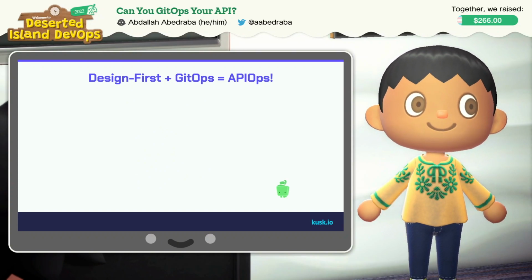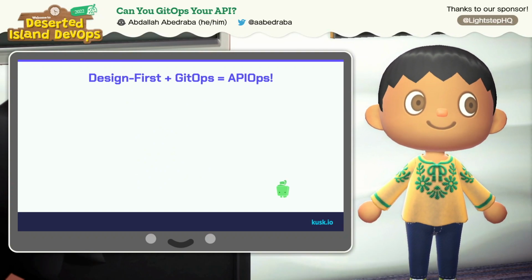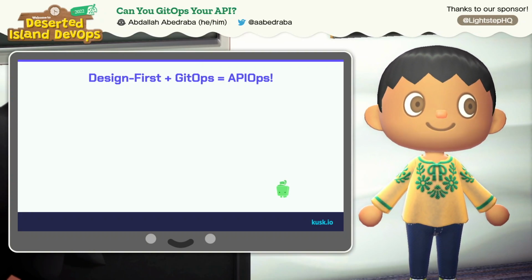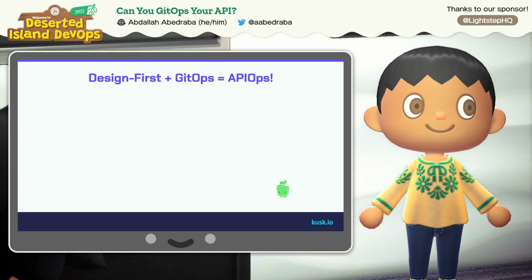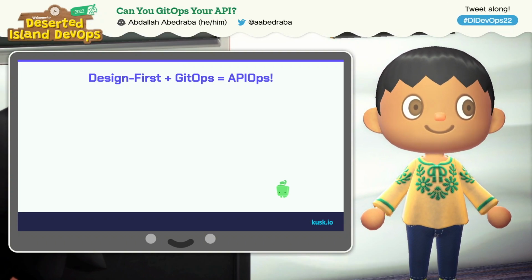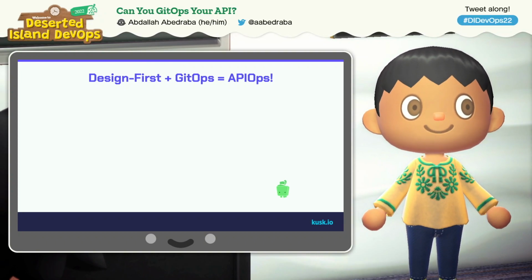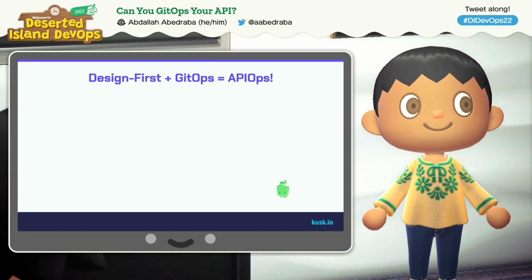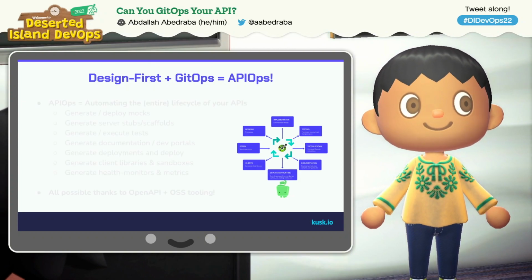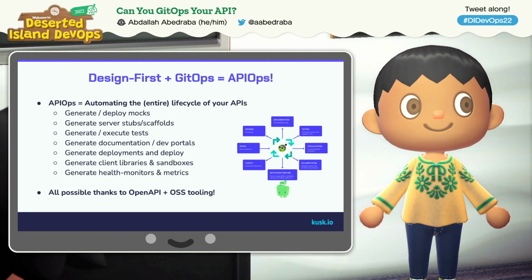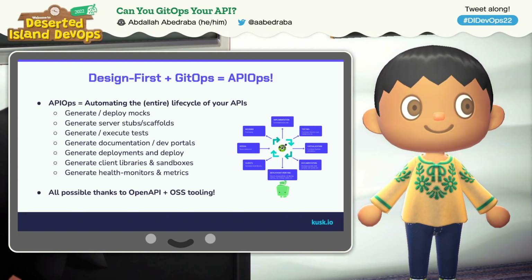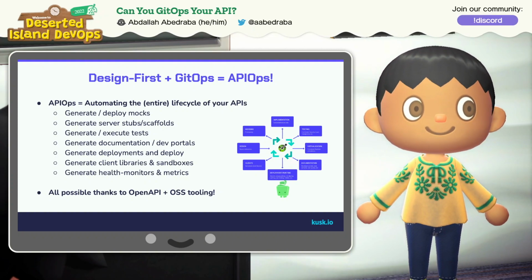And this is what we really want to call the design-first approach that we talked about earlier. If we start working with the OpenAPI definition early on in the process, collaborating with different stakeholders and using all these open source tools from the OpenAPI ecosystem to manage it, plus combining them with the GitOps approach, we have APIOps, where we can have the entire lifecycle of the API really just automated, allowing for a DevOps approach.